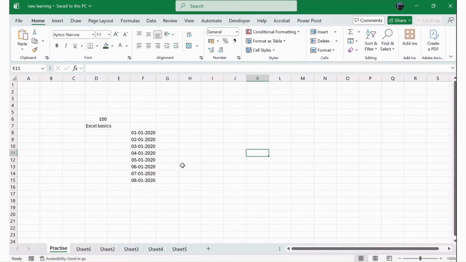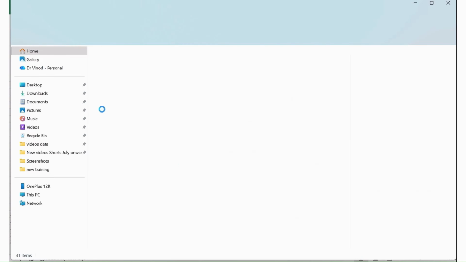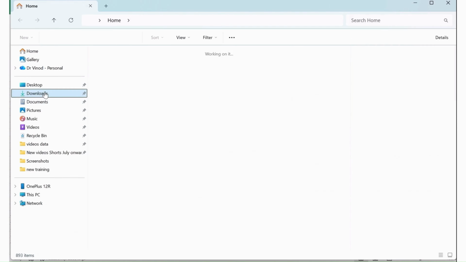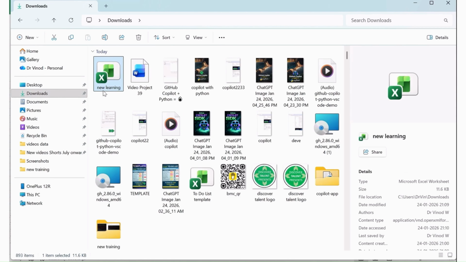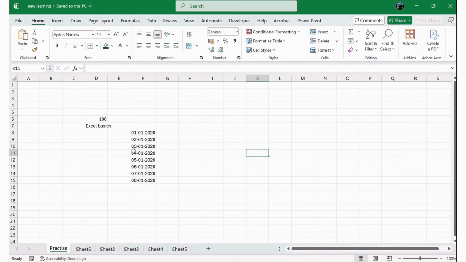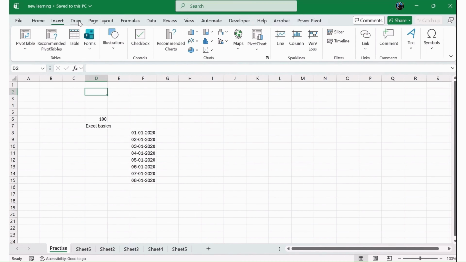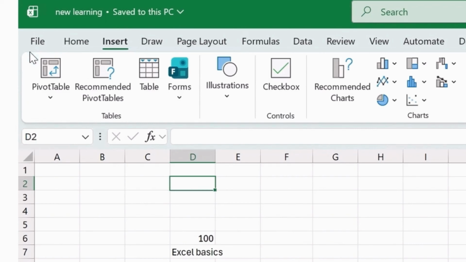Now to check that, let me open the Windows Explorer over here. So this is the new file saved over here. You can see this file. Just minimize it, and this is how the file looks. Let me give you an overall glance at the ribbons. This is called the title bar, where your file name is saved,